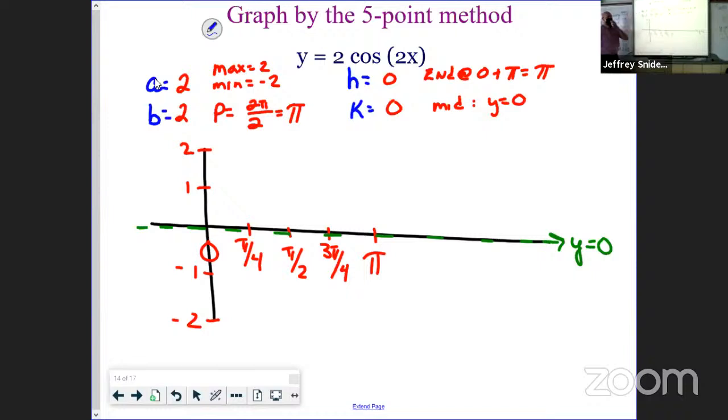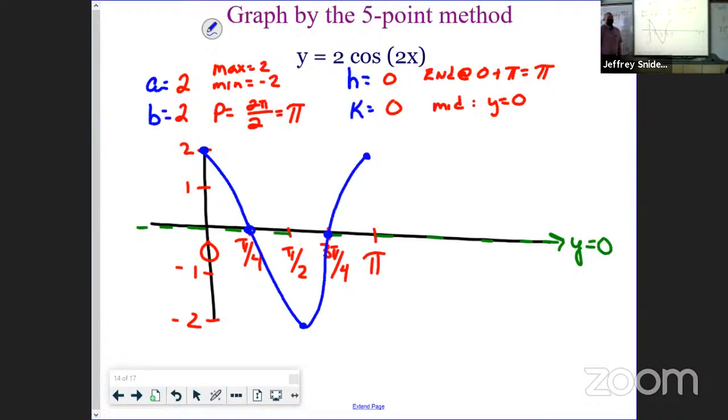It's cosine. Cosine starts on a maximum. So right here, it's going to start at 2. And it also ends on a maximum. So it's going to end over here at +2. What happens halfway between the two maxes? It's the minimum. So at pi over 2, it's going to be a -2. And then the other two locations are where it crosses over the midline. So at pi over 4 and 3 pi over 4. So your graph,